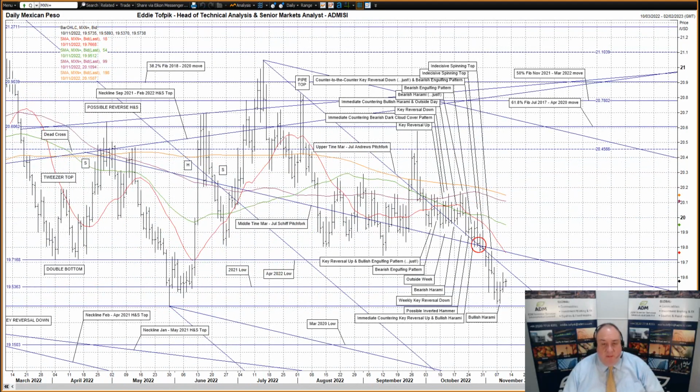US dollar against the Mexican peso. A second bullish white soldier yesterday and a suitable follow-on higher to the previous session's bullish harami and almost bullish double. The market closed over the 2021 low at 1953.63, but did not try and test the further overhead upper